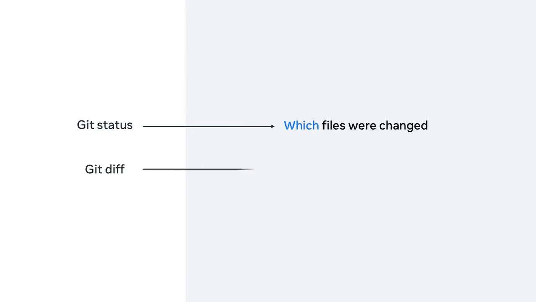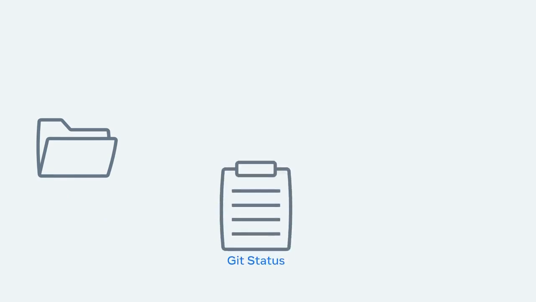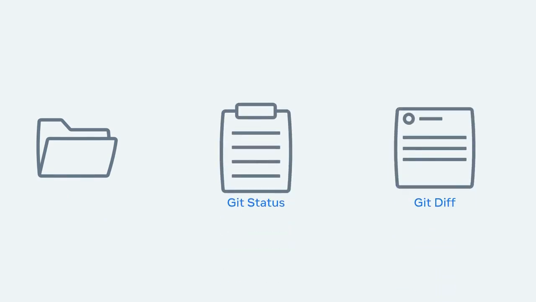In this video, I'll guide you through how to use git diff to compare changes across your files, branches, and commits. You probably know that the git status command tells you which of your files have been changed. The git diff command goes a step further and tells you what exactly these changes are. When used together, you can think of them as a file system. Git status tells you the file names, but to open the file and see the contents, you'll need to use